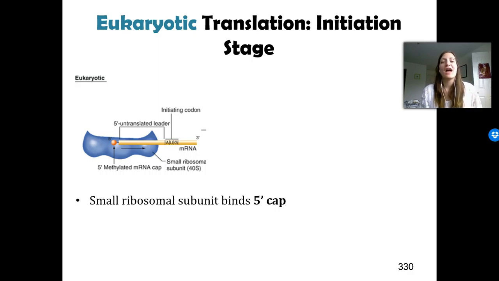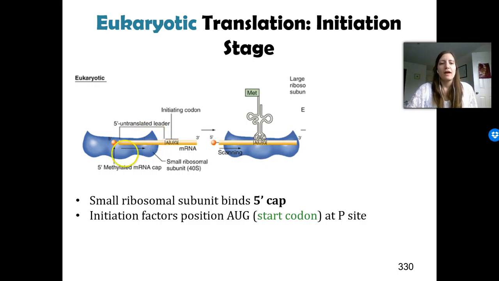Remember, in bacteria, it was that Shine-Dalgarno sequence. Well, for eukaryotes, it's that 5' cap that we added at the end of transcription. So that's what's going to bond to this small subunit you see here. And then, just like in bacteria, that binding location is upstream of that start codon. So now that we've put it onto our small subunit, the small subunit is going to move that mRNA section in order to center this start codon, essentially what we saw in prokaryotes as well. And it's going to put that start codon right in the middle, essentially aligning it with the P